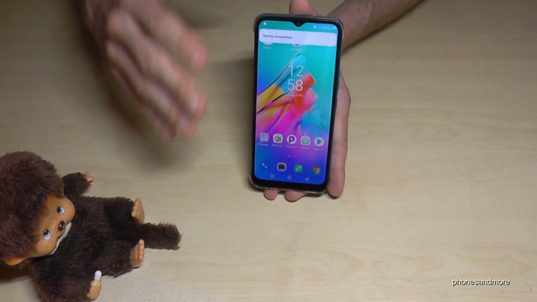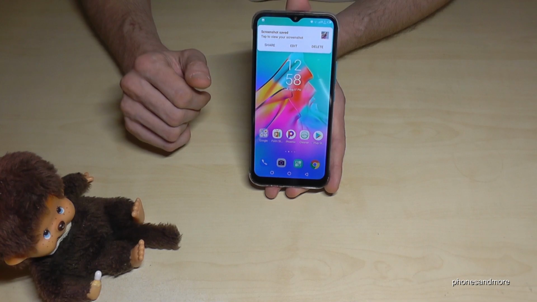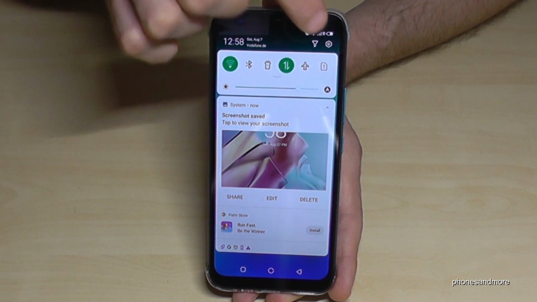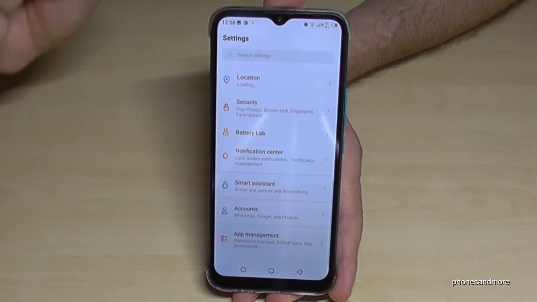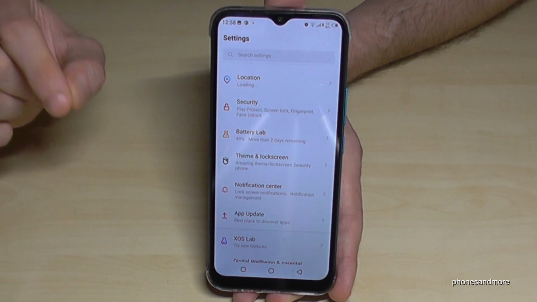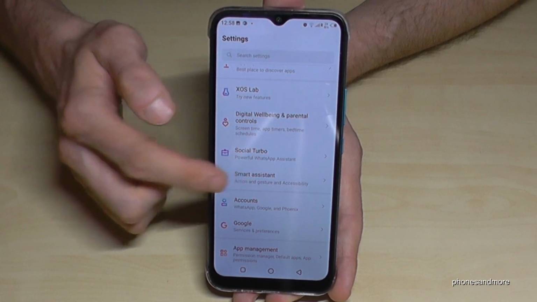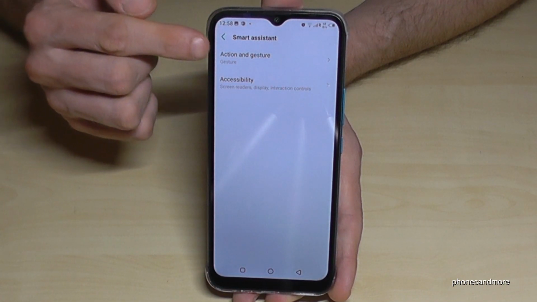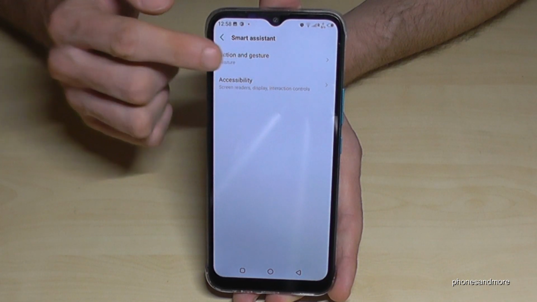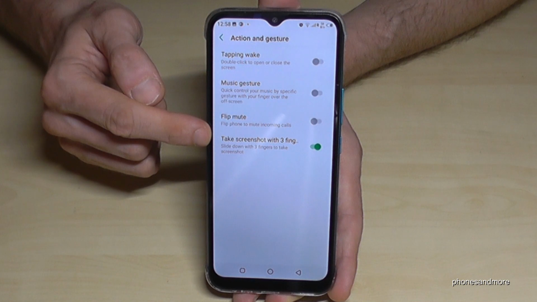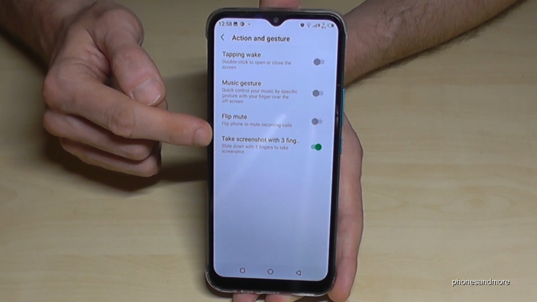And as I said, we have to enable this feature first. So for that, just scroll down here and go to the symbol for the settings. And I guess you can imagine that we will need right now again the point Smart Assistant. And you know, we need the first point, action and gesture. And here we'll need this point, take screenshot with 3 fingers. So this point here has to be